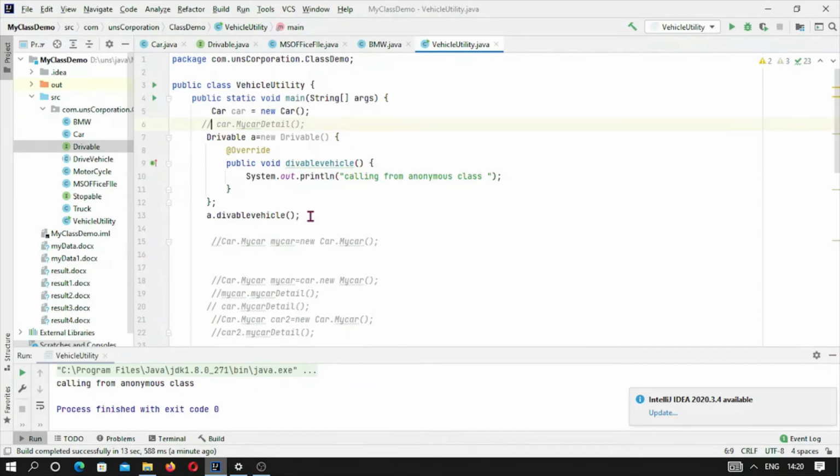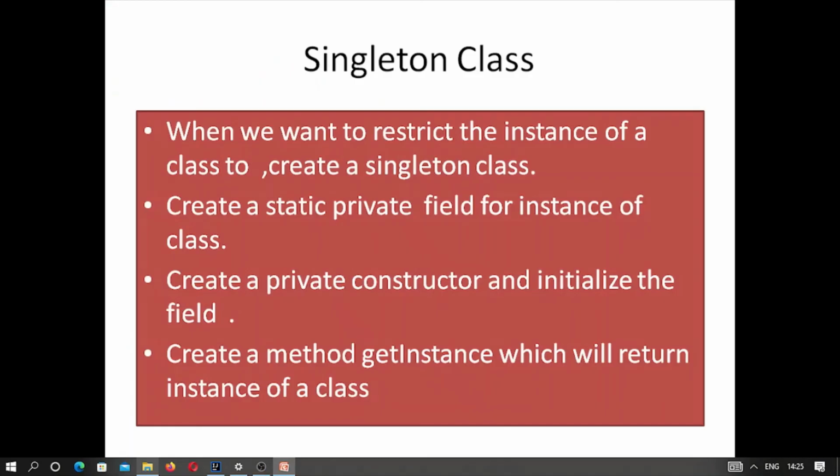In the case of an event listener too, we achieve the same thing. We will see in various examples and various projects, when we call an event listener, that there you will understand anonymous class in more detail. Okay, so let's go ahead and try to understand some more things. Class hierarchy, this is the last one for this tutorial: singleton class, and this is important also.